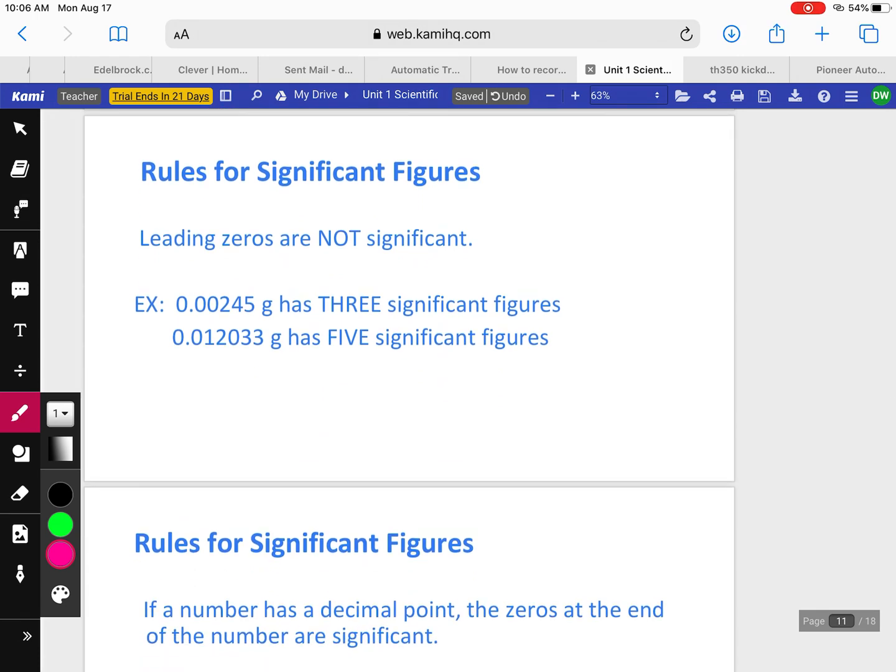Leading zeros are zeros that are in front of the number. They're just placeholders. They're just showing you that that is a small number. So notice on this one, none of those zeros are significant. It just has 3. In this one, you've kind of got a mix. You've got leading zeros and you have sandwich zeros. The sandwich zeros are significant, so this one has 5. Okay? So,